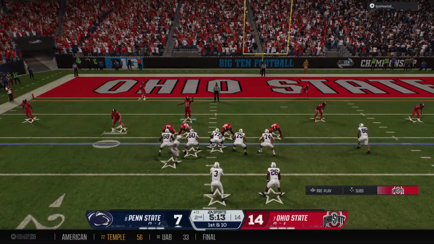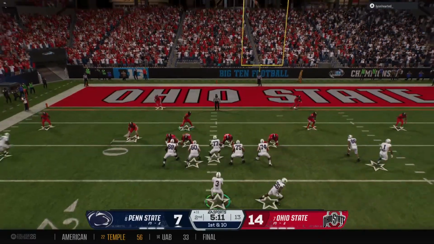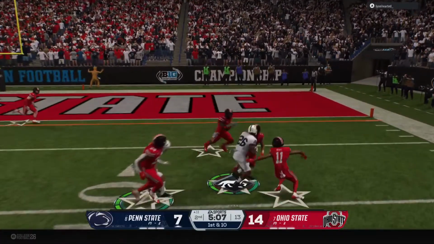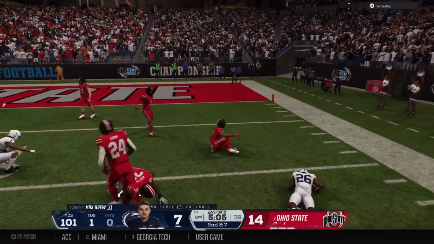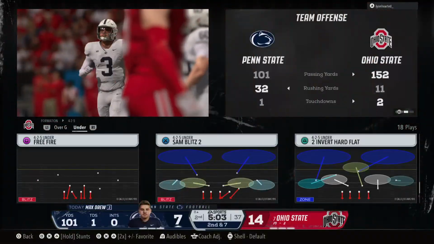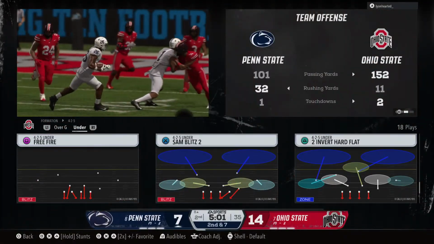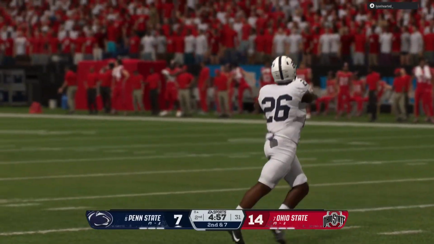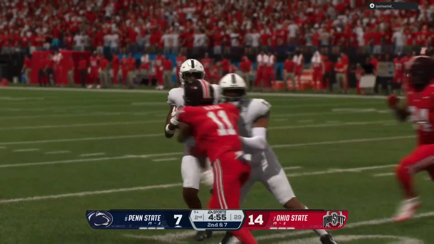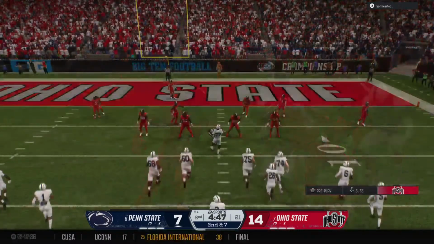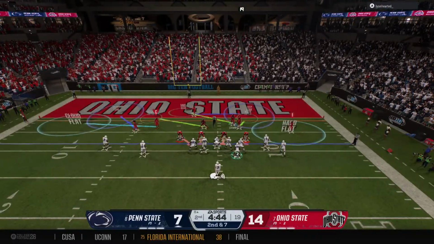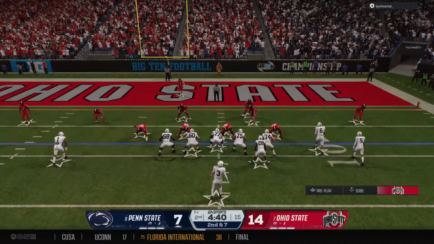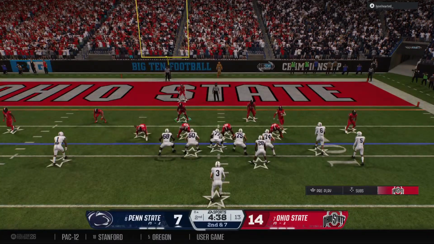Pre-snap motion from the offense. And looking to throw now on first down. Caught by the back behind the line of scrimmage. Tackled at the 8 after the completion. Made the catch, but he was surrounded, not much room to run. They did a really good job that time of leveraging him out in space. I thought he might have a chance to shake loose because he is so elusive. But the defense, as you said, did a really good job in the open field surrounding him. Just nowhere for him to go to pick up any more positive yards.